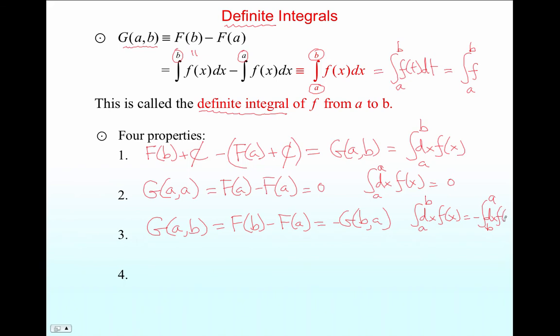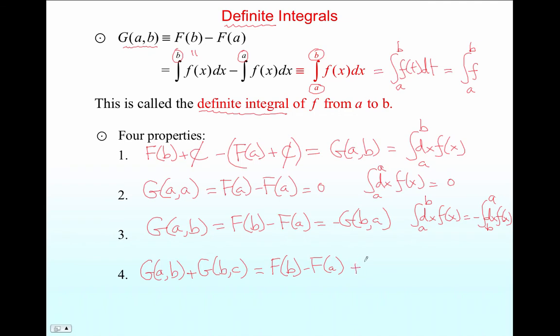And of course, I could have omitted the x's and just put t or something else. A very important property is the following. Suppose I take g_ab, add to this g_bc. Well, if I look above at the definition, this is f of b minus f of a, that's g_ab,